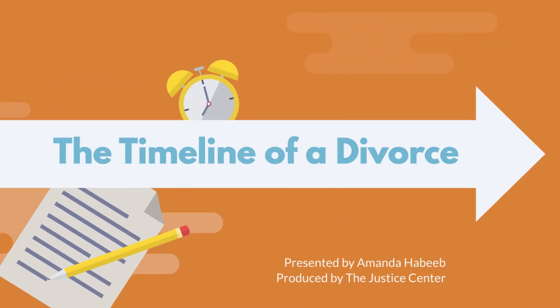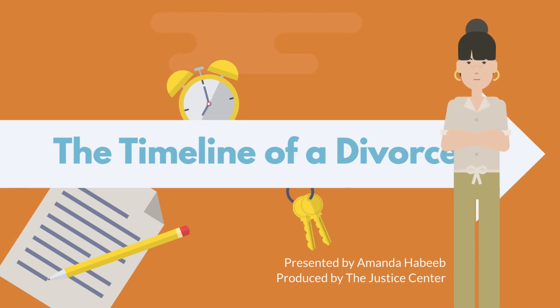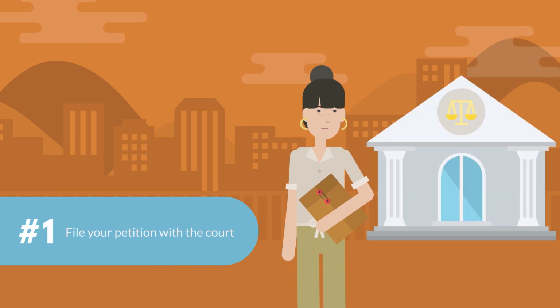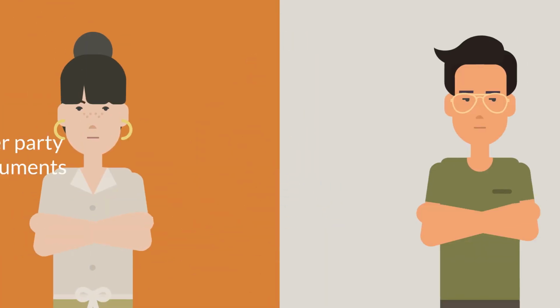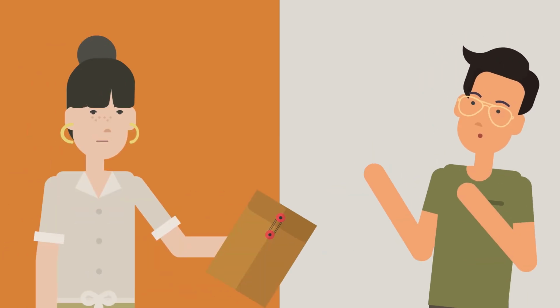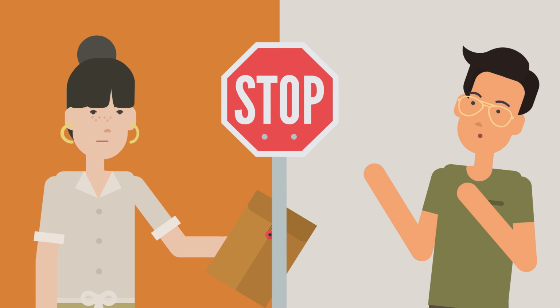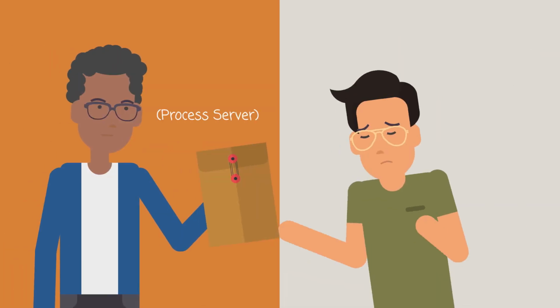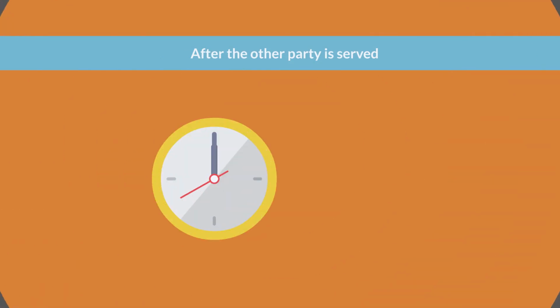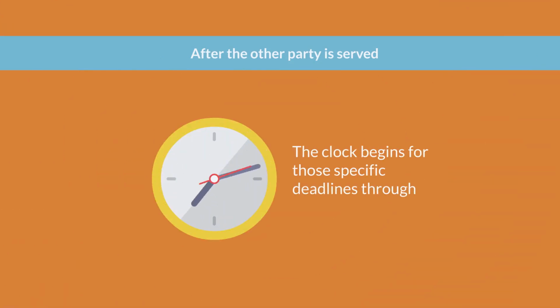Hi there. Today I'm going to be talking about the timeline in a divorce case when filing for divorce in Colorado. So first things first, you're going to have to file your petition with the court. When you file that petition, you will also have to serve the other party with those documents. Now, you cannot serve the other party yourself. You will either have to hire a process server to do it for you, or the other party can waive service. Either method works. Once the other party is served, the clocks then begin for those specific deadlines throughout your